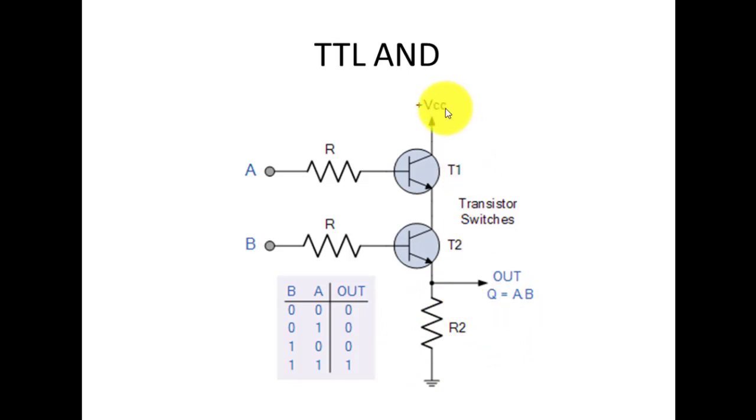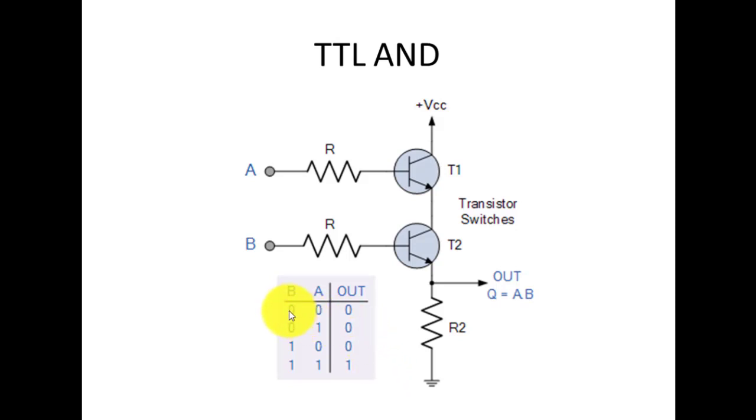Okay, as we know, according to the switching operation, the VCC voltage can conduct this transistor only if the voltage at the base of this transistor is high. Only this transistor will conduct in a condition when voltage at A is high, and you can see that two transistors are connected between the VCC and the ground. So when A and B are at logic high, in only that condition the current will flow through these two transistors to the ground. In the rest of the cases, the output will remain 0.